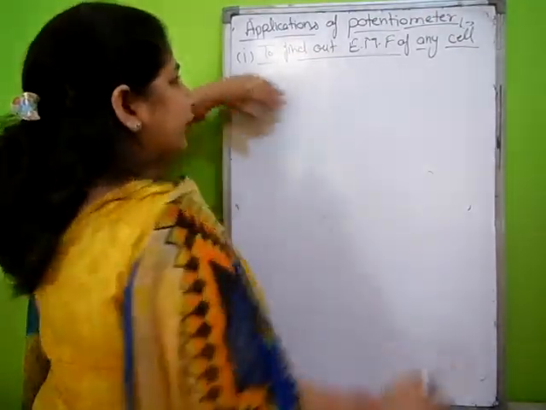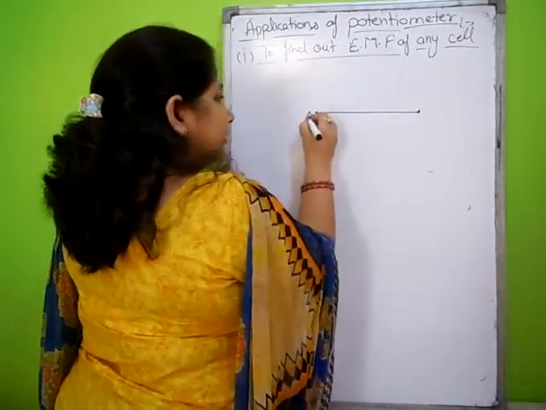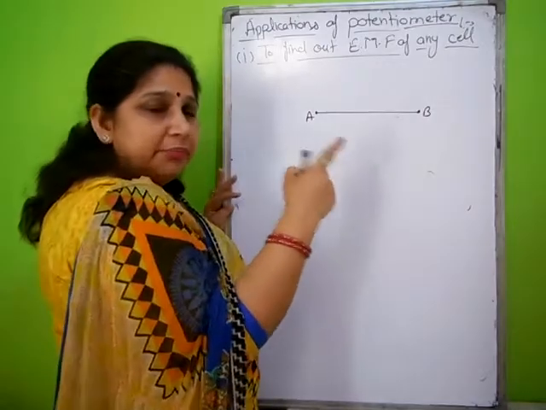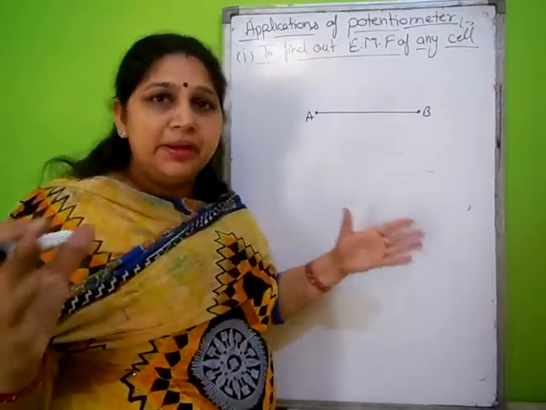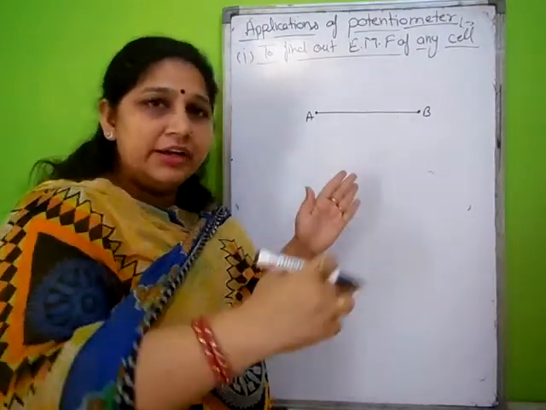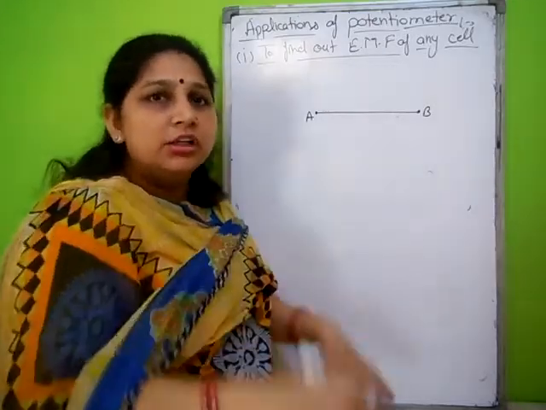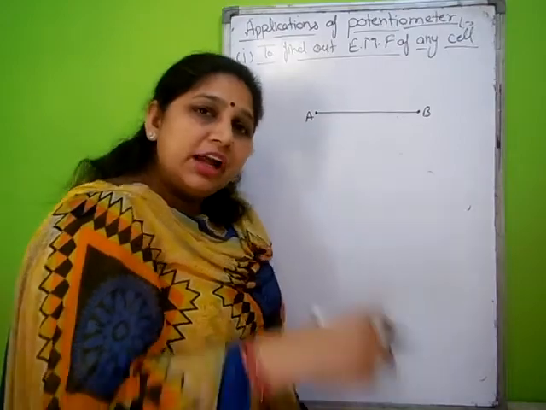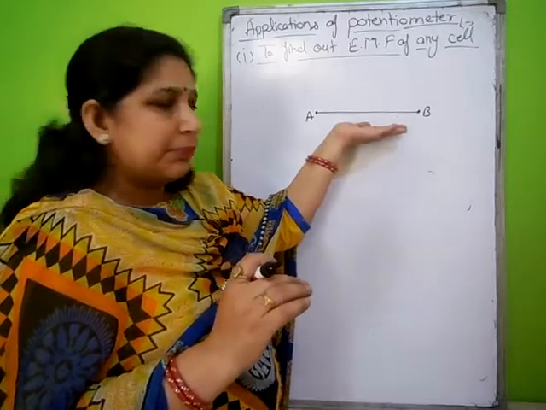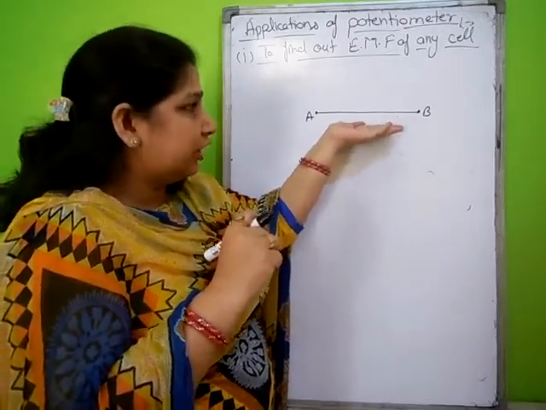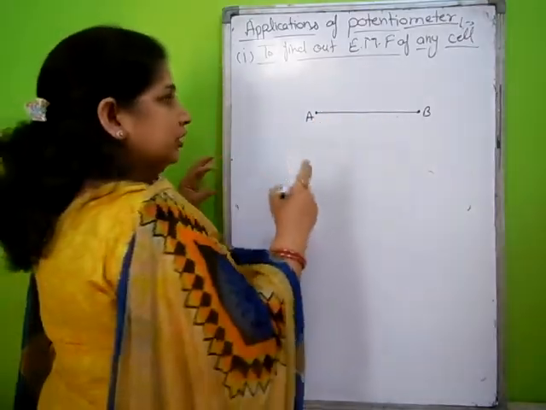Now to find out the EMF of any cell, we will simply draw a line AB. Actually it is not a straight wire, because it is a very long wire and a very big arrangement. So we will turn it 5, 8, 10 times. How many times? It depends on the length of wire we have taken, how many turns we have to do. Got it? Suppose for convenience we are drawing only a single line, but it will have more than one turn.